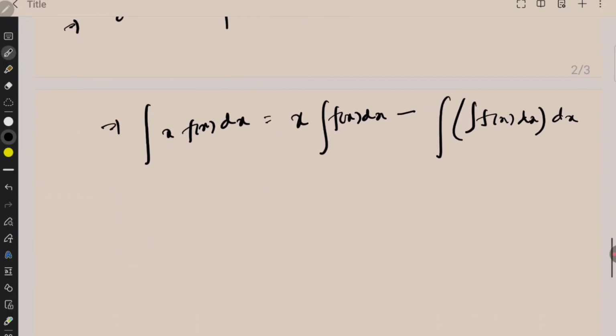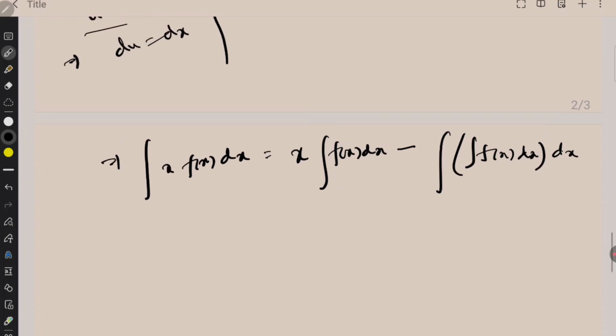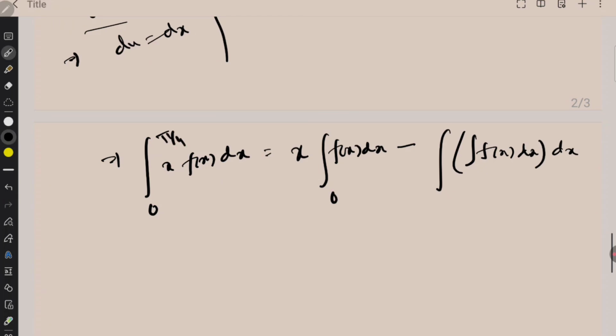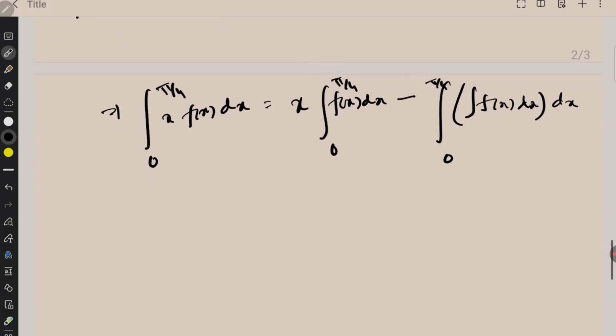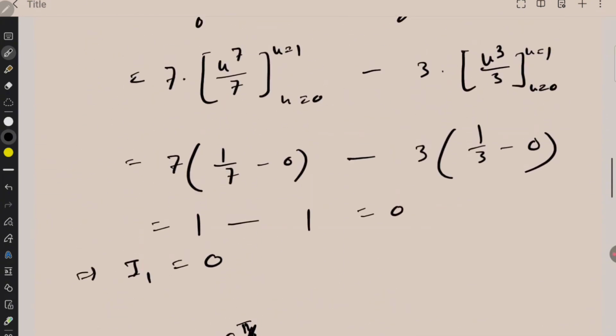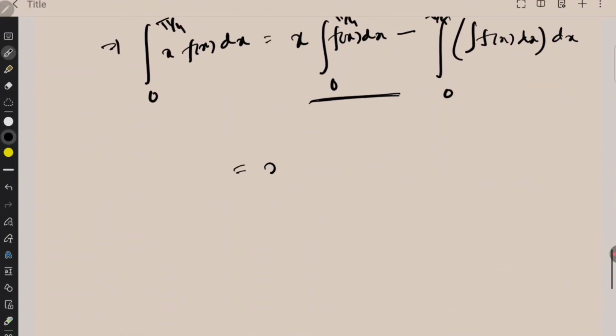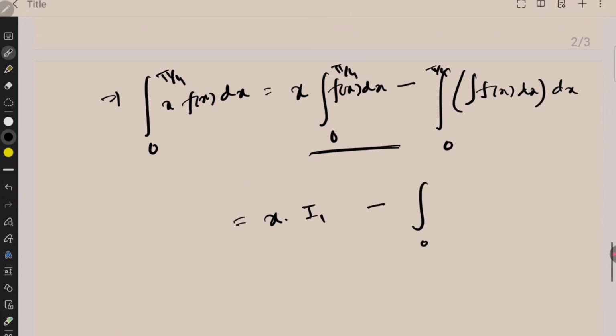All right, and with the limit 0 to pi by 4 here, this will be 0 to pi by 4, and this will be 0 to pi by 4 again. All right, so we all know the value of this from I1, right? This is basically integral 0 to pi by 4 f(x) dx, which is simply I1. So this is x times I1, and this expression inside without the limit